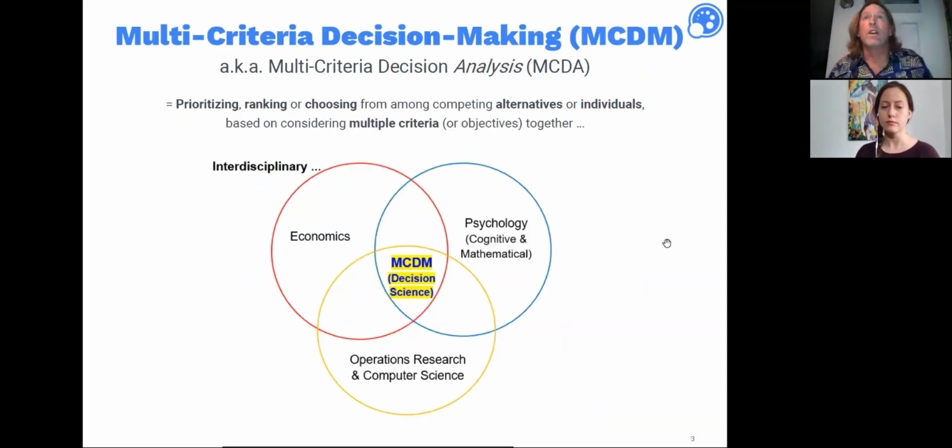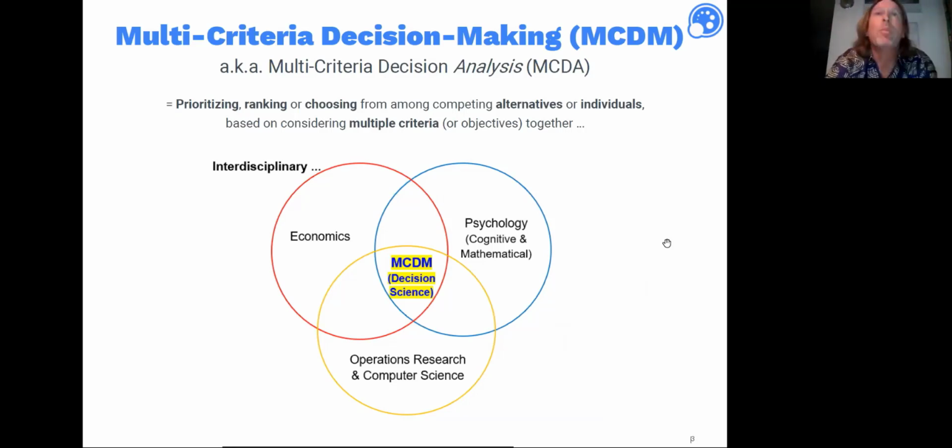Okay, so what is multi-criteria decision-making, or MCDM as it's often called? Well, another name for it, it's sometimes referred to as multi-criteria decision analysis. Those terms are pretty much interchangeable. As the name implies, it's about decision-making when you've got multiple criteria to consider. And if you think about it, that covers so many areas of our lives, professionally and personally. It's a very broad and generic area of decision-making, and a more focused description, as you can see on my slide, is that we're trying to prioritize things, or we're trying to rank things,